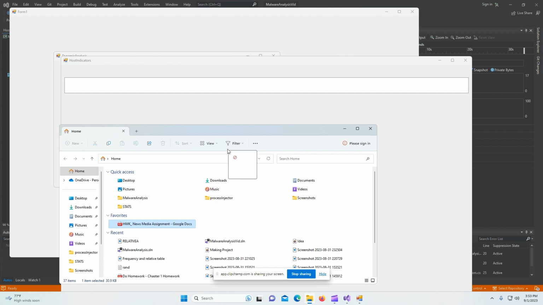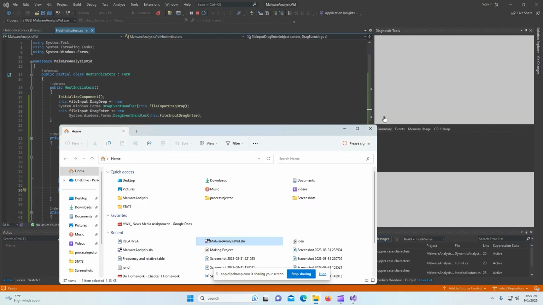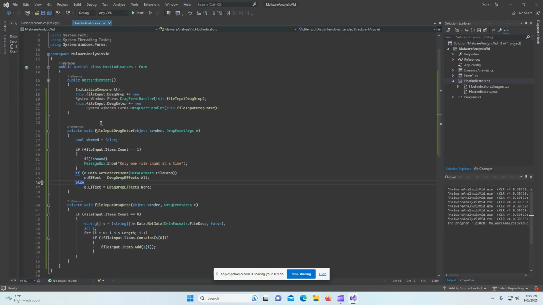So go ahead and drag and drop a file in here and then do it again. And you see it shows twice, and it's kind of annoying. It's like a bug, so I'm going to try to fix that. I said bool showed equals false, if not showed, and that's not working. And I had to actually Google this to find out why, but pretty much the reason is that